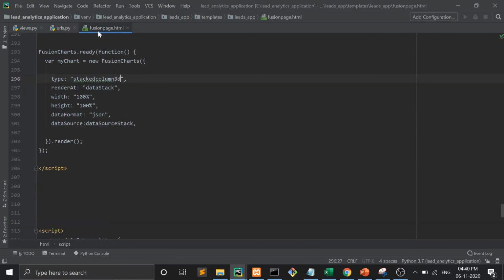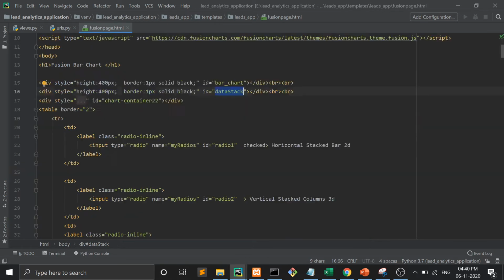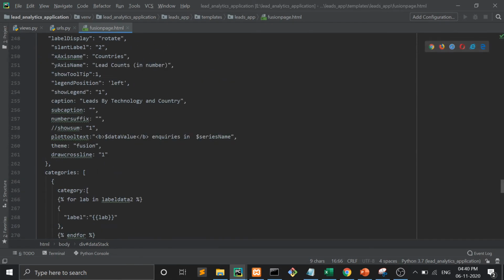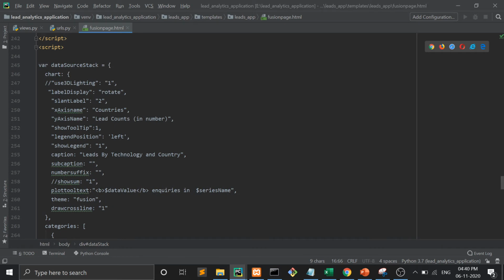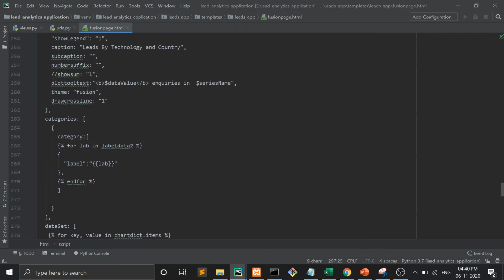Now here you can see the Fusion page. This is the data stack. This is the div where the data is to be populated, and here is the JavaScript. Render at data stack means find the ID data stack where you have to render the data. And this is the label data.